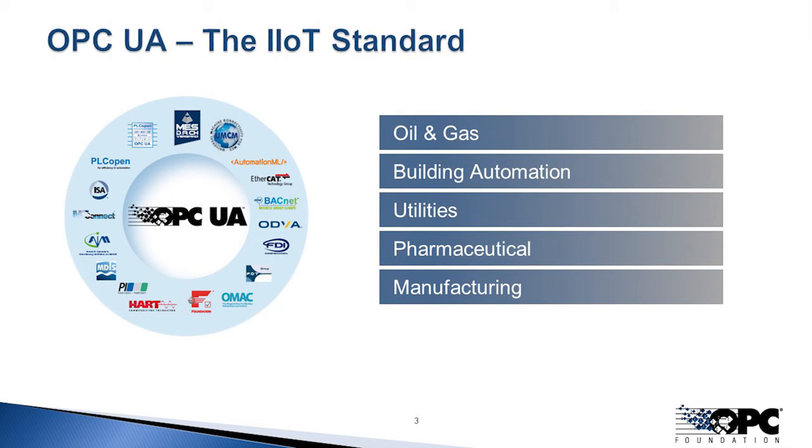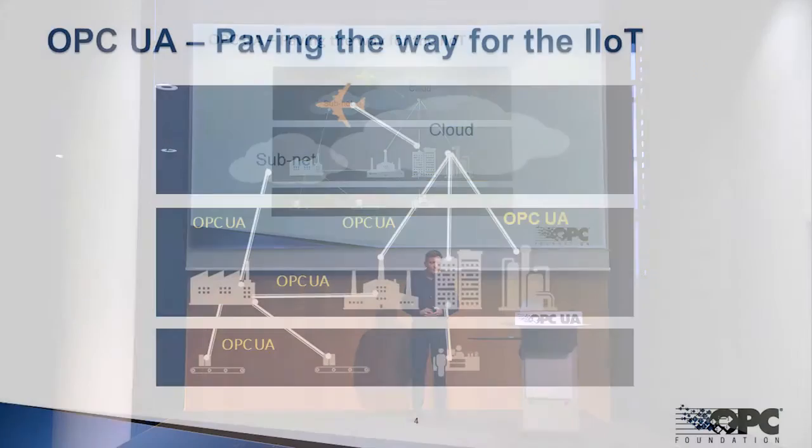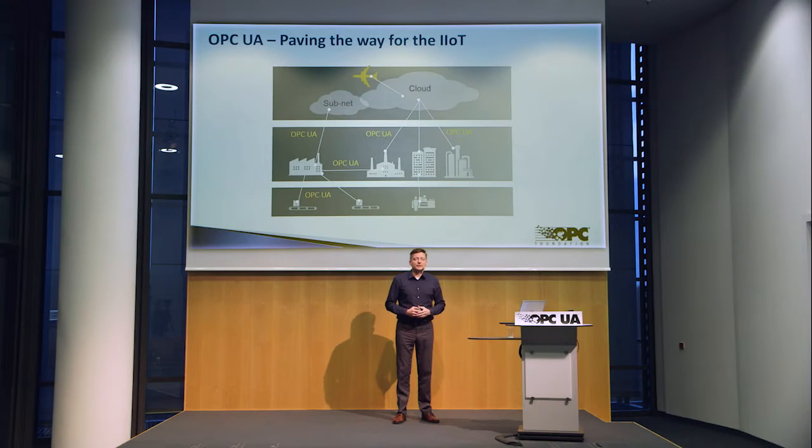We've talked about this before. So, of course, this is important for all sorts of reasons, whether you're talking about power grids or pharmaceutical applications or medical. OPC UA is being used throughout. So if we were to summarize, when we have OPC UA talking in a lot of different domains and a lot of different layers within the enterprise, this is why the security has to be ubiquitous, right from the shop floor, from your intelligent controllers or sensors, all the way up to the communications into the cloud.